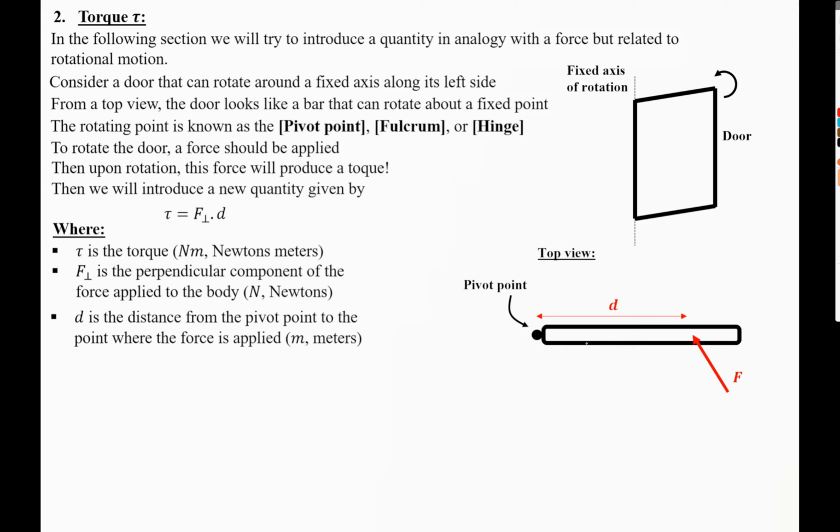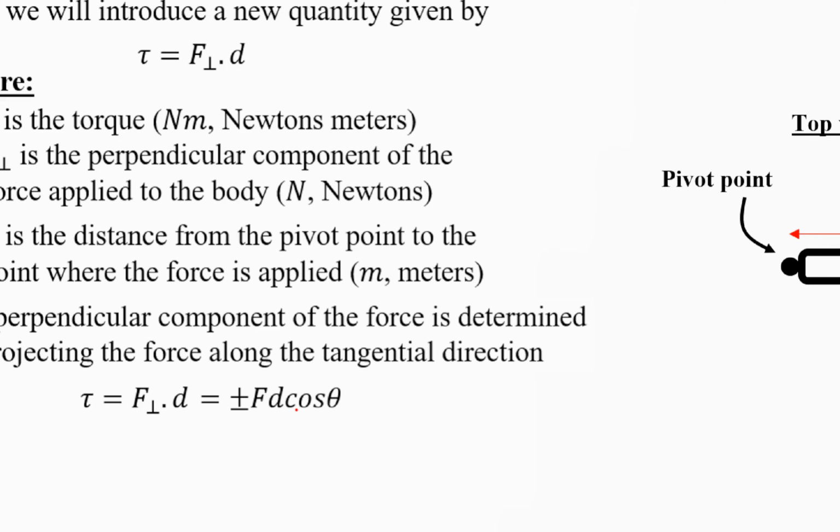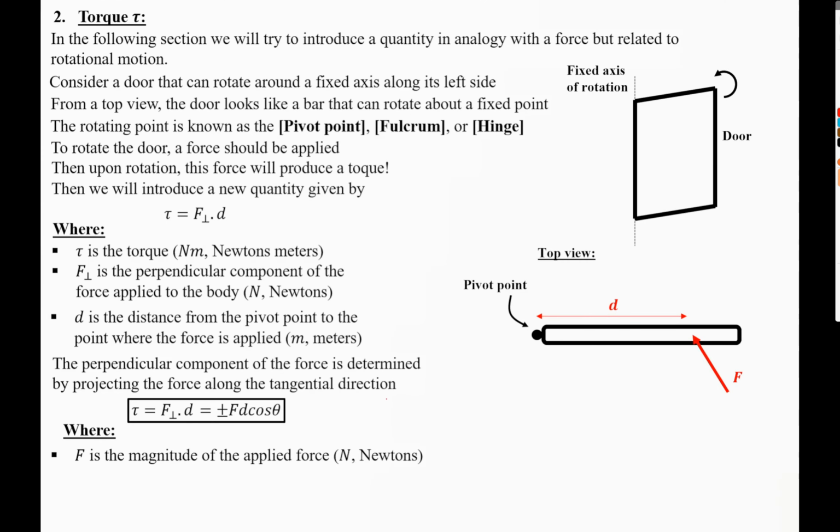in this case, it is important to draw something called the rigid body diagram and not the free body diagram, as we shall see. Now, the perpendicular component of the force is determined by projecting the force along the tangential direction. So this is perfect. Now we need to identify what is meant by the tangential direction. Then tau, which is basically defined here, the perpendicular component of the force multiplied by d, is either plus or minus F d cosine theta, because we know that a projection is given by cosine theta with a plus or a minus sign. Now we need to identify what theta is with respect to the tangential direction,